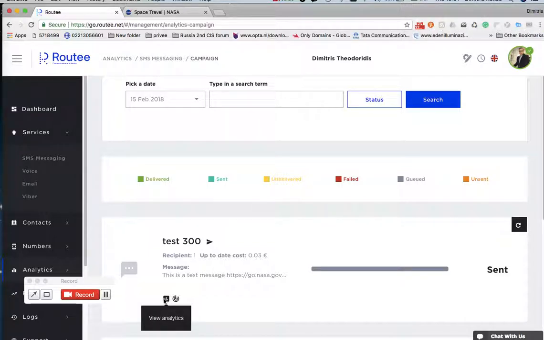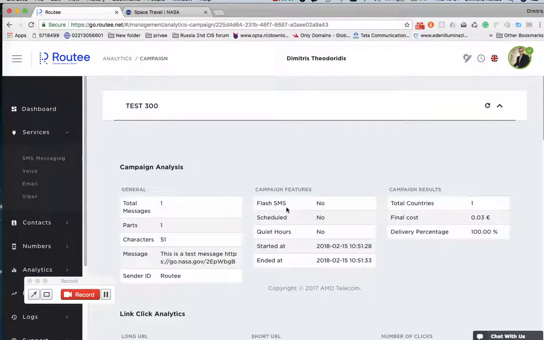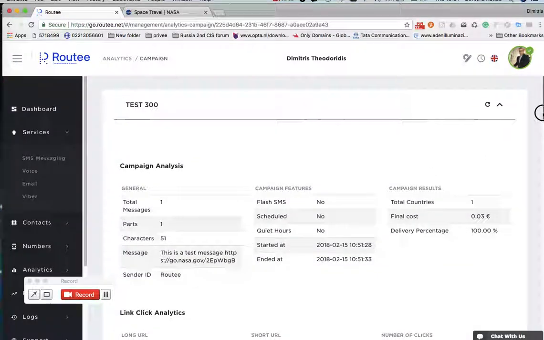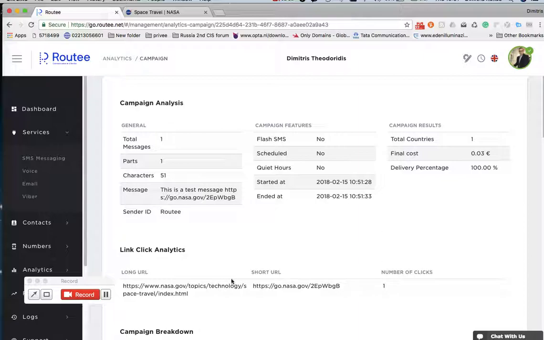we are on the campaigns module and clicking on the view analytics in our test campaign. And in here, as you can see, this is the link we had entered in our content. So here's the number of clicks,